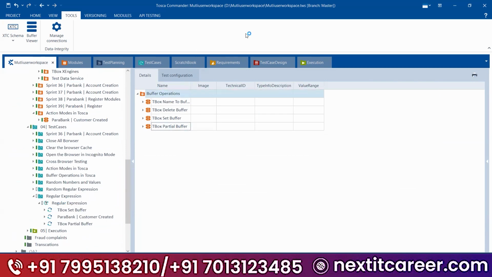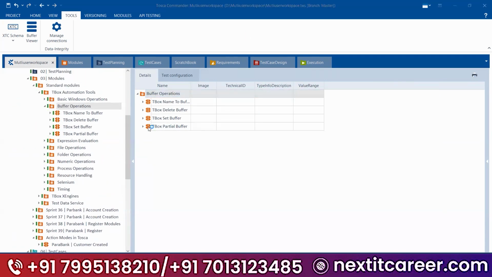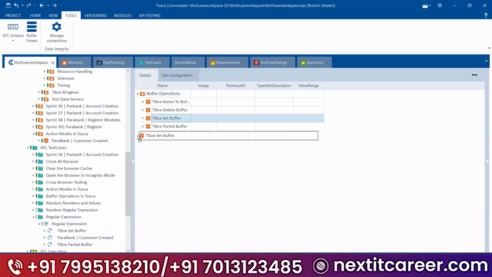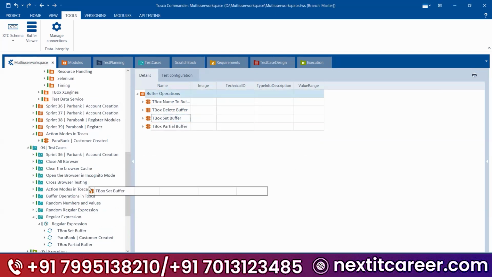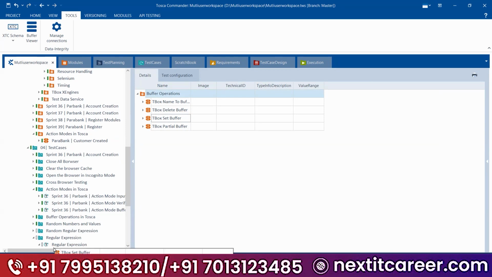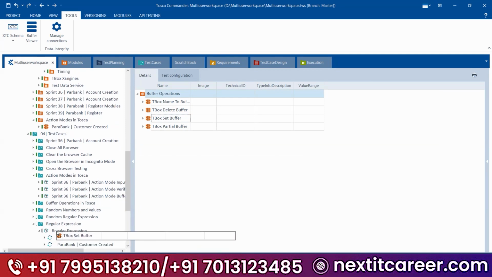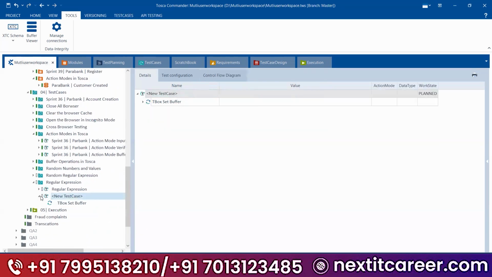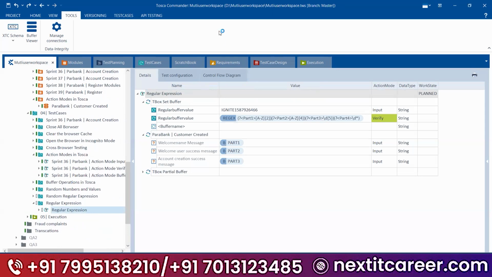You can drag from the logo, slowly drag it, and wherever you need it, put it in the respective test case. Don't put it in the folder level. If you put it in the folder level, it will be created as another test case. Don't make that mistake. So just use it wherever it is needed.